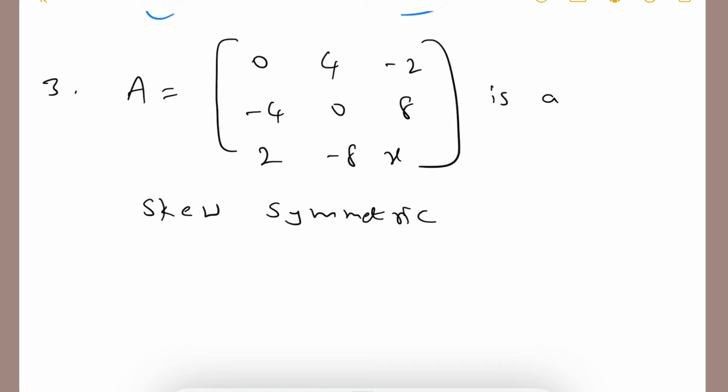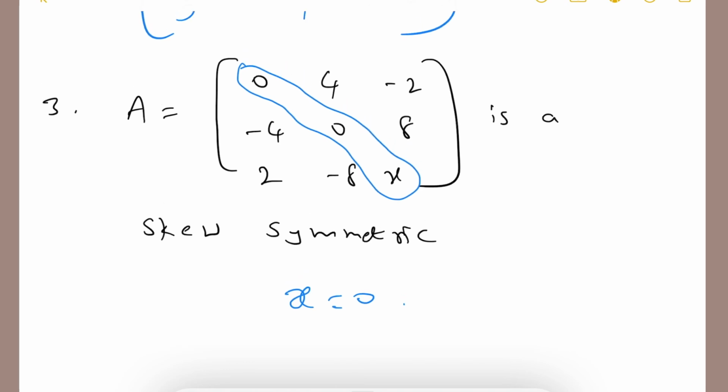So in the question he clearly mentioned that it is a skew symmetric matrix. In a skew symmetric matrix, the diagonal elements should be zero. So 0 0, then the x value also must be 0 only, because the given matrix is a skew symmetric matrix according to the question, and x is an element in the diagonal, so the x value is 0. Next, let us move to the last problem in these solved problems, that is solved problem number 4.